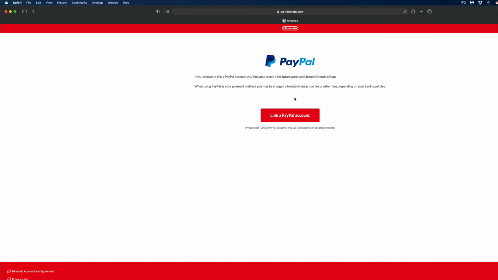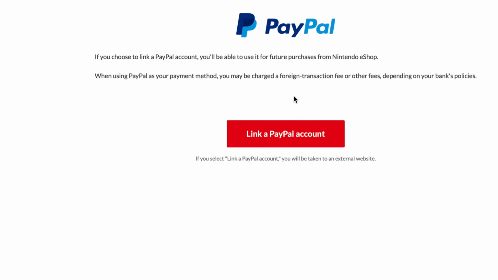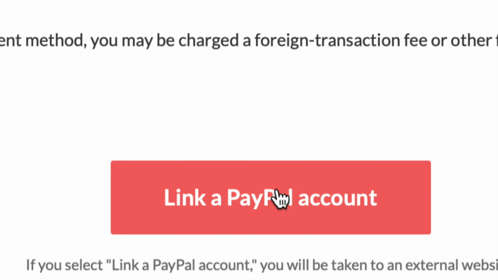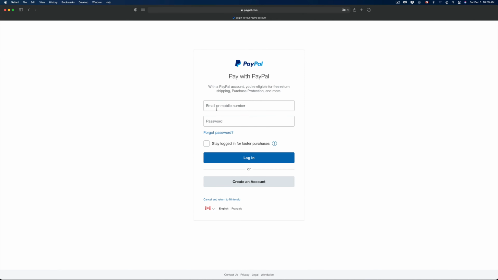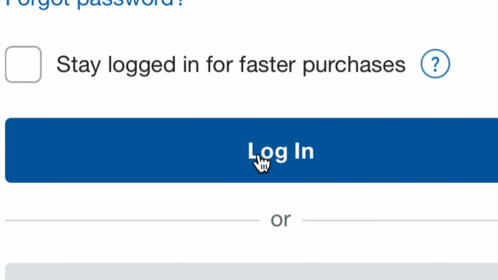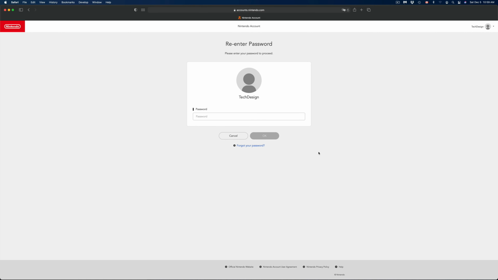So all we have to do is just press this button where it says link a PayPal account. At this point, it's gonna take us here. So just sign in using your email and your password, and then just press login. After you log into your PayPal, it's gonna ask you about the payment method. Just choose whatever makes sense, and then it's gonna take you back to this page where you just have to